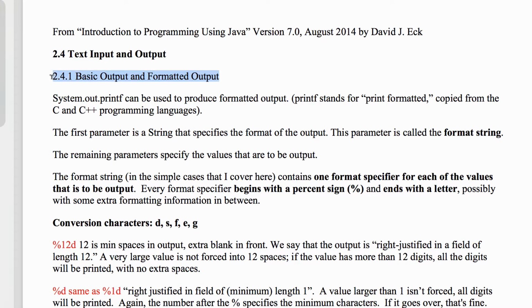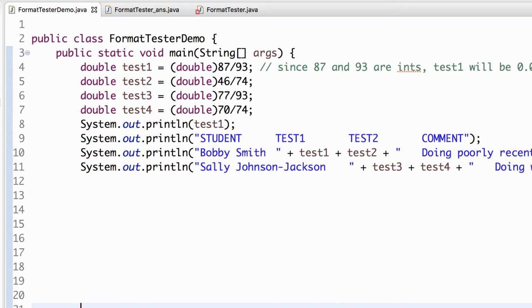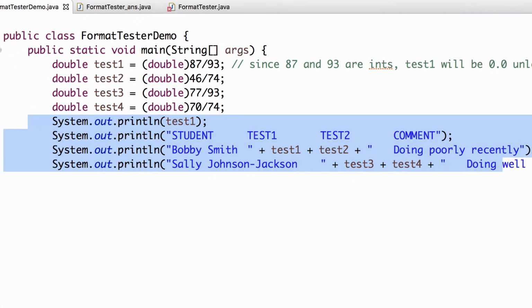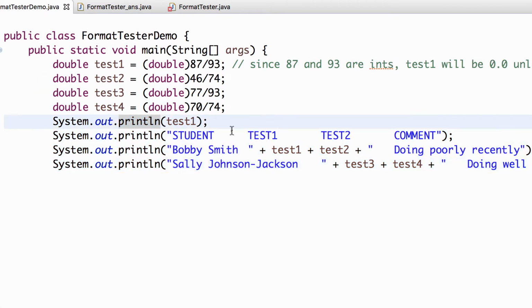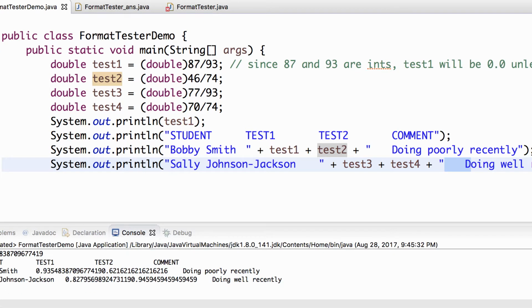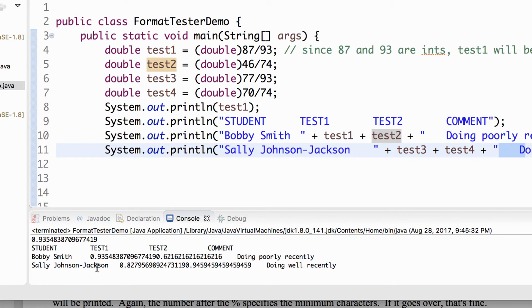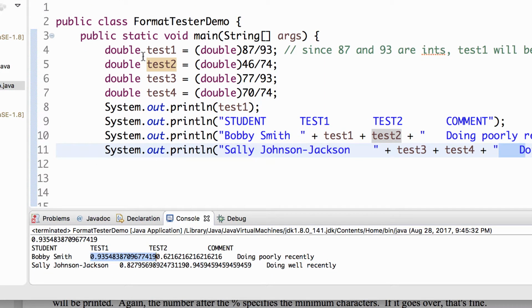But basically, why do I want formatted output? My motivation would be something like this. Let's say I have this very simple, silly gradebook outputter program here, and I want to output a heading and then the different student names, their test scores, and some kind of comment. I try to make some kind of effort here using a tab to tab everything over in the same fashion. But when I run it, it looks like that. So it's kind of all over the place, and the decimals are, right, this score 87